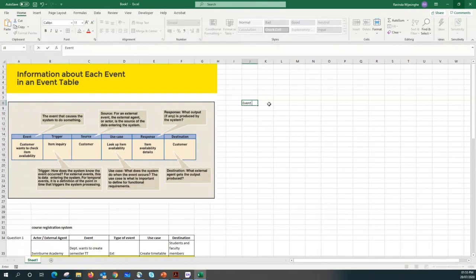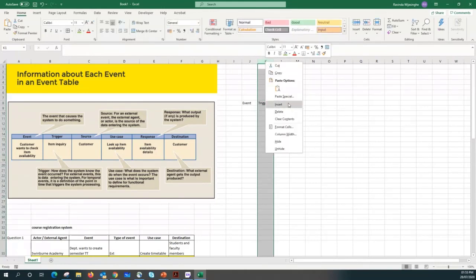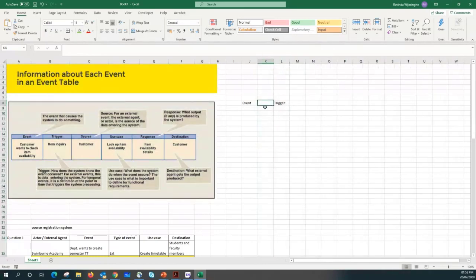Event, trigger, actually I'll have another extra column between. I just wanted to find out what the type of event is, either external event, temporal event, etc. So the type of event, trigger, then the source,